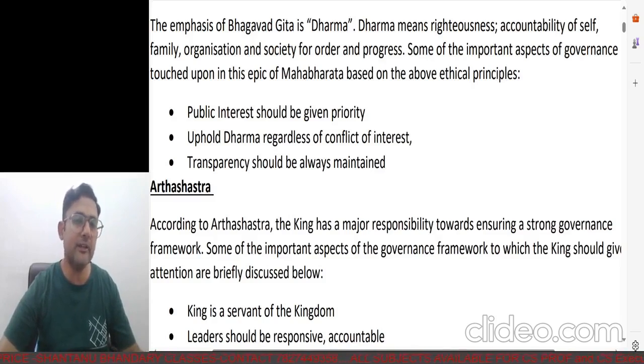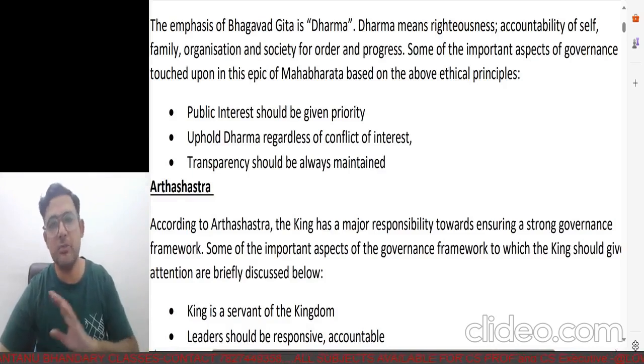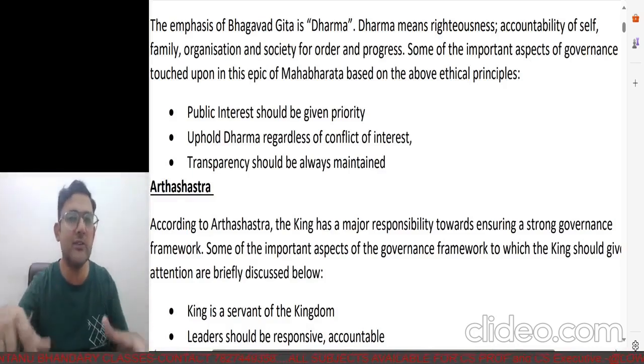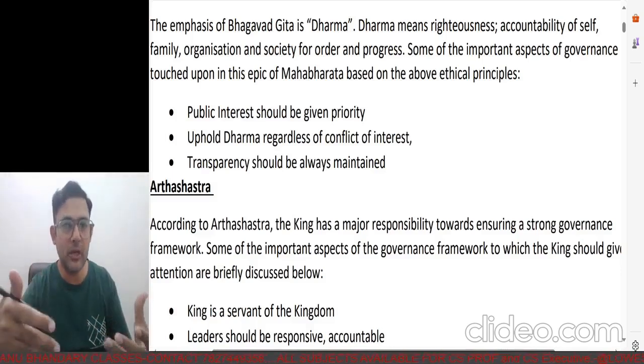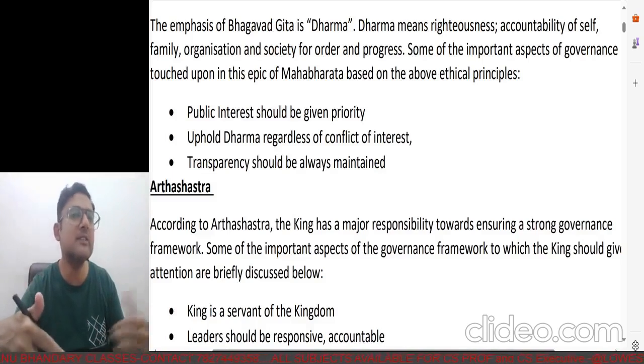Now, this is again an example of strong corporate governance, and it talks about what the duties of the king are. When we talk about king, queen, it means those people who have a lot of money, a lot of power, a lot of people, a big house, and all of that. So in the eyes of people, a king is someone like this, as I've described. But from the perspective of the king, the king is nothing but the servant